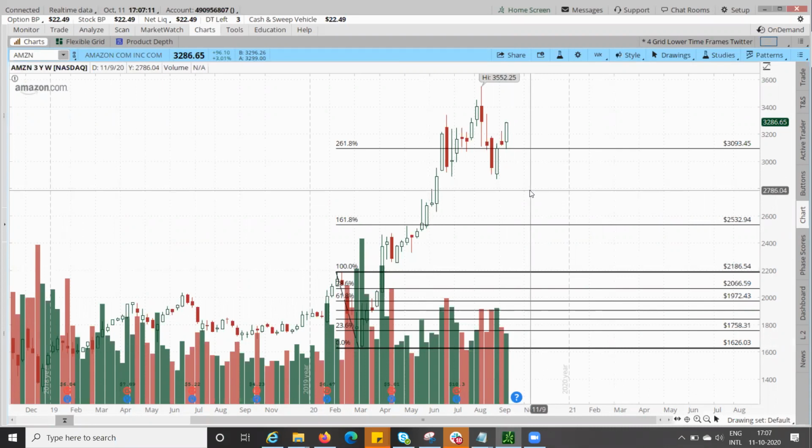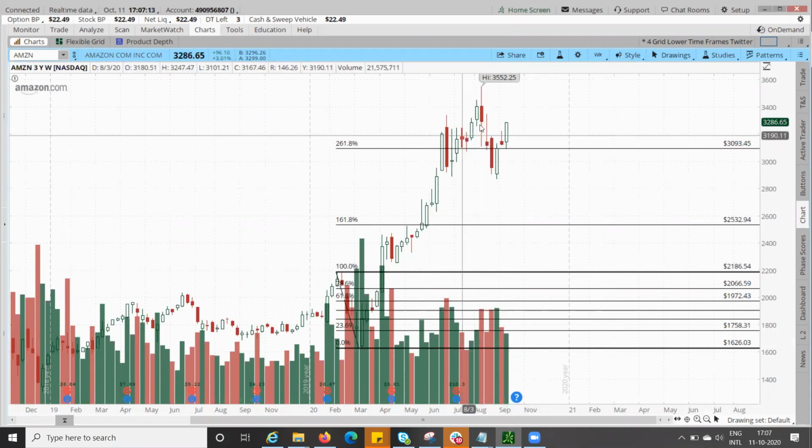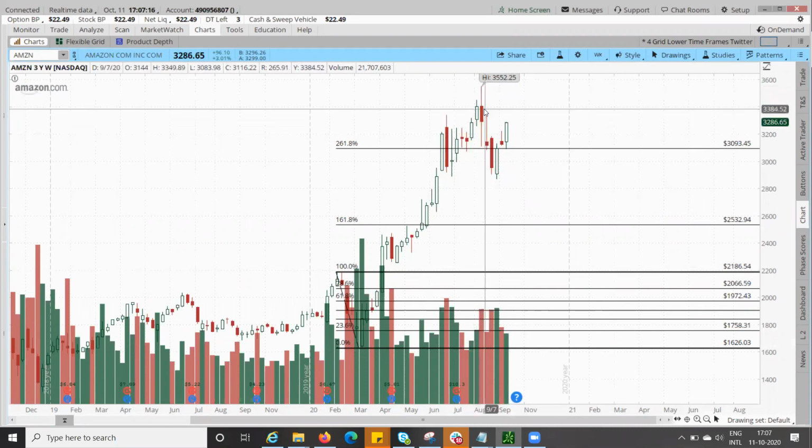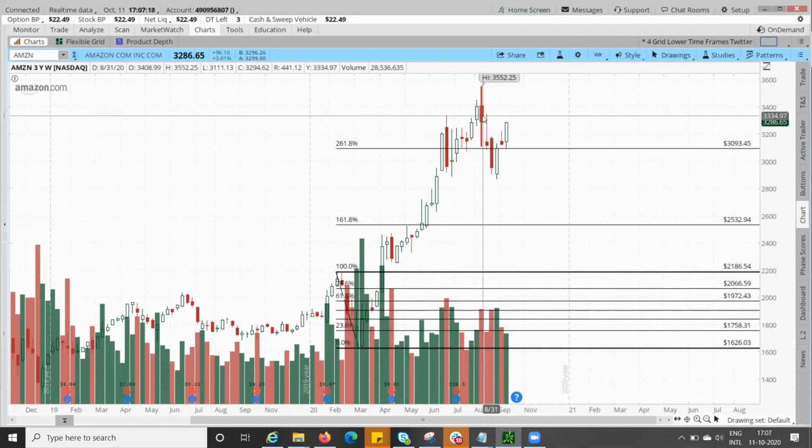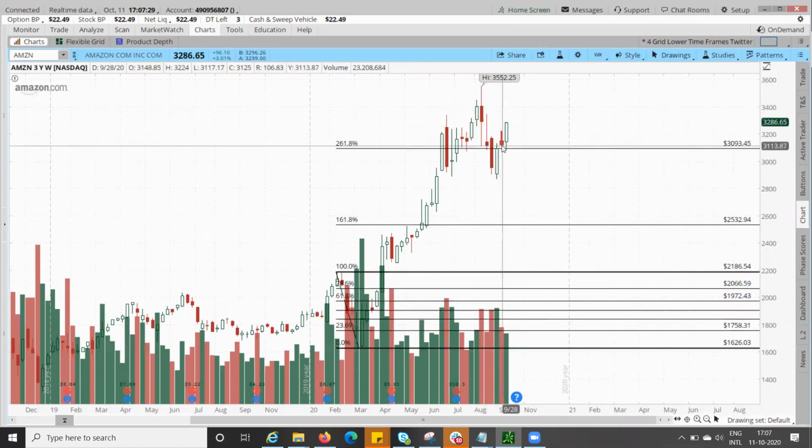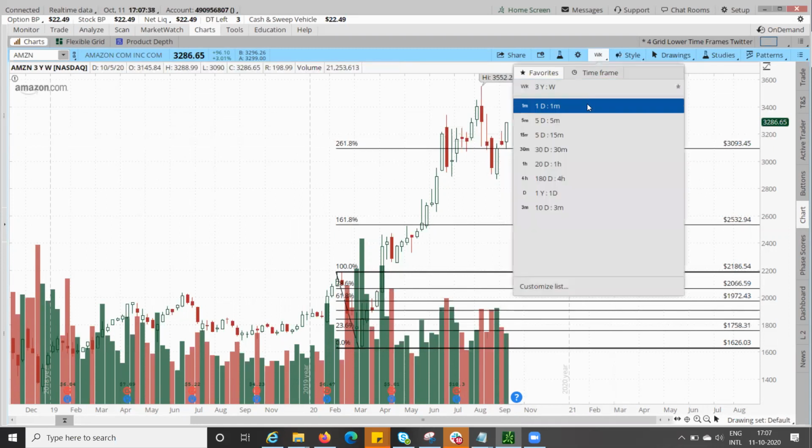See, first thing, there is a first here. Look at this one. This is a green candle, and then there is a red candle. The red candle body was bigger than the green candle body. So this is a bear engulfing pattern, meaning that yes, the trend has changed on the weekly basis. Look here. There's a hammer, and the green candle is up. It is a bullish engulfing pattern. On the weekly, the trend for Amazon is positive.